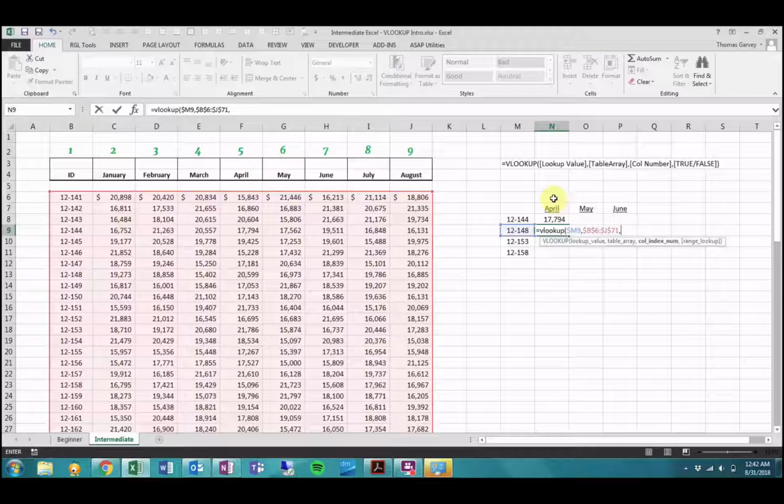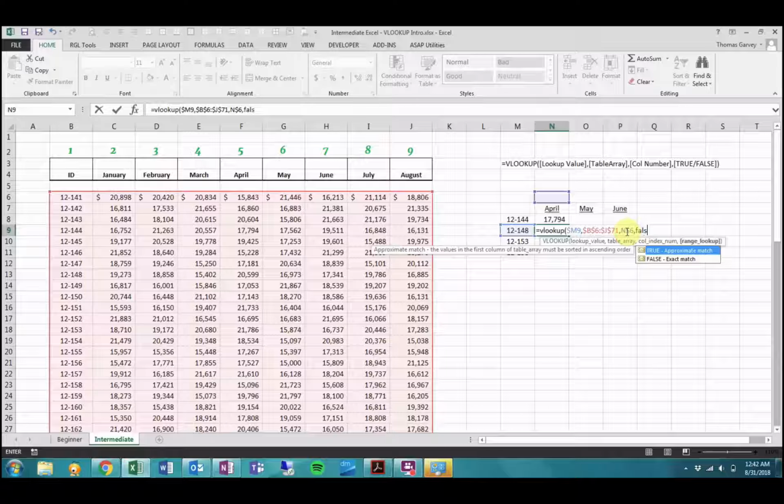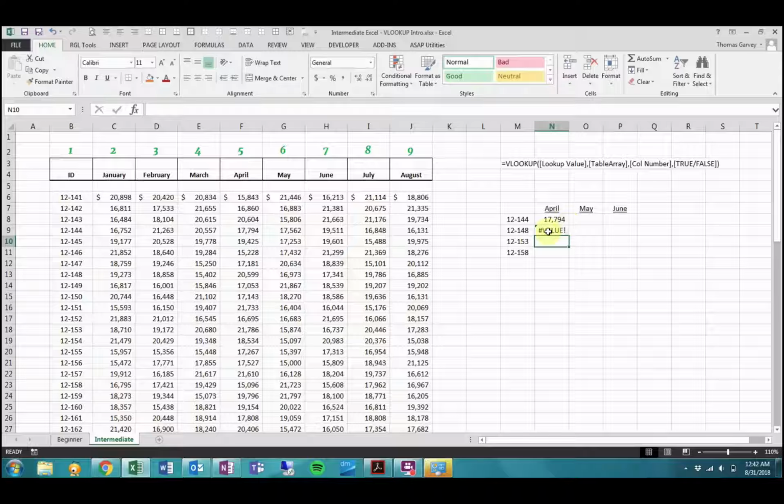But let's do a quick trick. Let's highlight this cell right here. I'm going to put the column index numbers up there, so I want to keep row 6. And now let's say false. Now I'm not going to get a value because there's nothing up here. It doesn't know what column to find. So for April, I want it to be column 5. And now it finds what April's 12-148 ID is showing: 2599. And what that allows me, by using the absolute referencing that you can see up here,